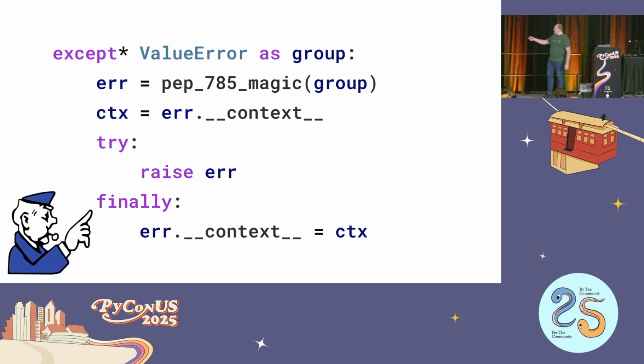So my proposal here is that we will have a group.leafExceptions method, which will give you an iterator over the leaf exceptions or possibly a pair of the leaf exception and the composite traceback. Because if you iterate over the leaf exceptions, which is a reasonable thing to do, and then you don't raise one of those, we would have then messed up the tracebacks of the whole group, which we don't want to do. So that API is still being hashed out, probably at the sprints at PyCon, in fact. And then for the rest of this, we're looking at probably just attaching a context manager to the exception object, which will do this reset for you. So no dedicated syntax, just a method on base exception. Gotcha. Thank you.